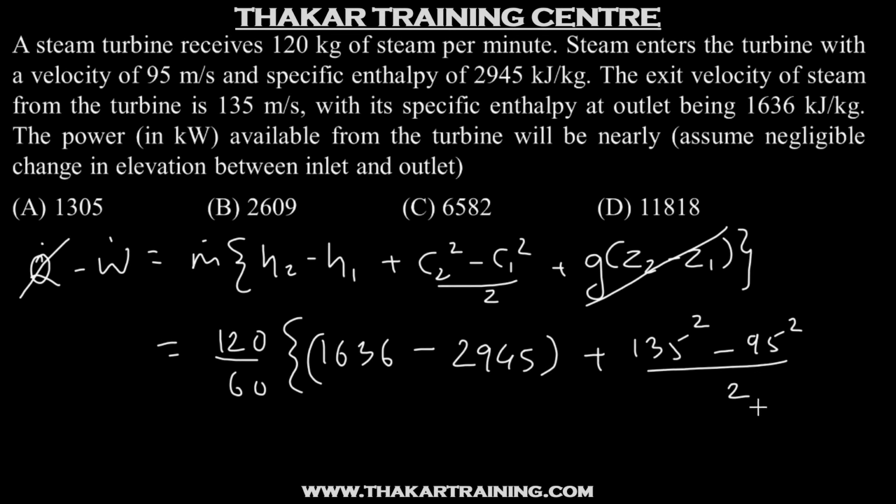Now here comes the important part for such type of questions. When we do this calculation, this will turn out to be in kilojoule units. To be specific, this will be kilojoule per kg. But when we do this calculation, this velocity is in meters per second. So this energy term will be in joule, and being specific energy, this will be joule per kg. So we cannot add joule to kilojoule directly. So we have to have a conversion factor. So either we convert kilojoule to joule or joule to kilojoule.